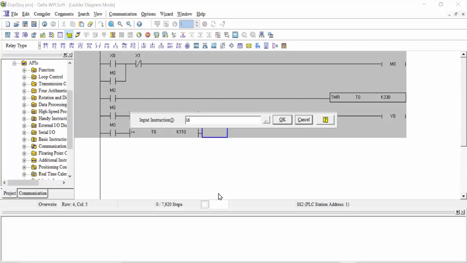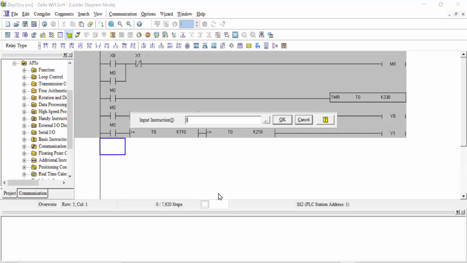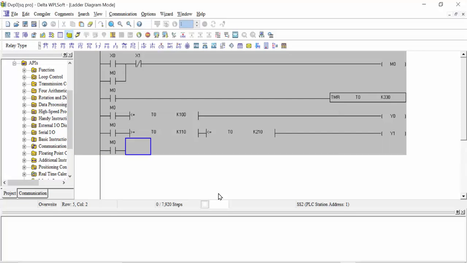LD less than or equal when T0 is K210, and after that our second relay will be on. For example, Y1 we will take, sorry, out Y1 we will make it on, and in the next row also we will take LD M0, and also the same as